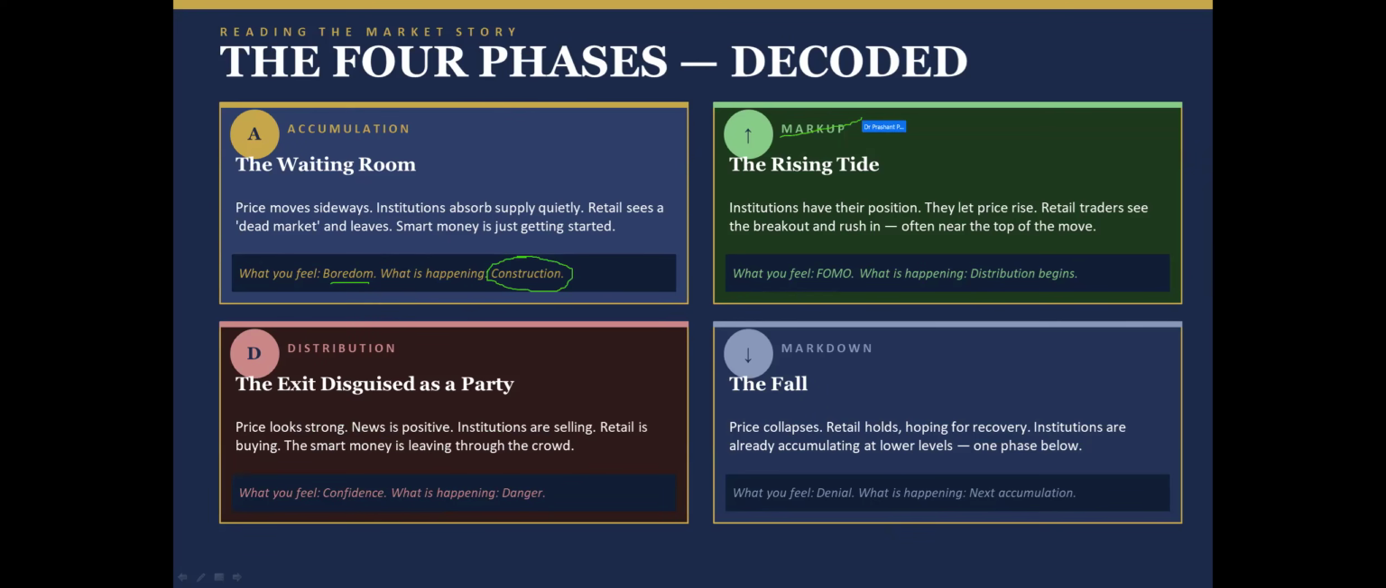Then there is a markup phase. What happens in markup? Prices break out, come down slowly, break out, come down slowly, break out, come down slowly, break out. So this is a buying on breakout mode. The prices are rising. Institutions already have their position. They have built a position in the accumulation schematic. There may be some pause where they again build some position. They let the prices rise. They may hand over a small amount to other institutions, and